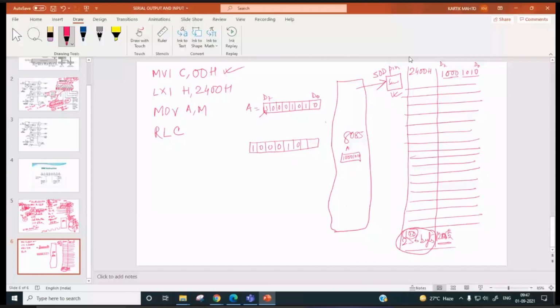What will happen? Sir, everything will shift to the left, and this one will come over here.